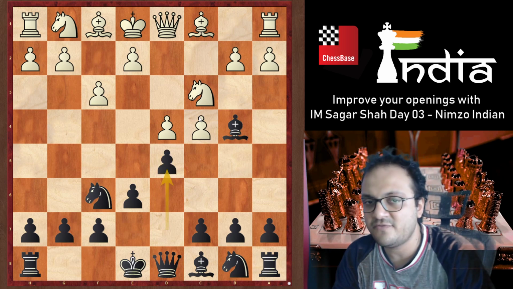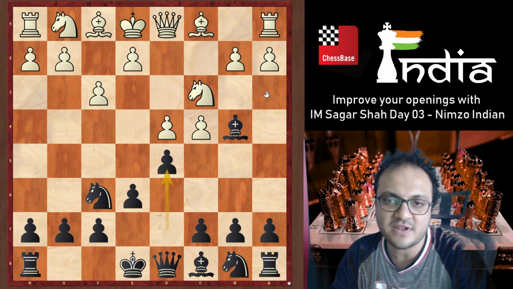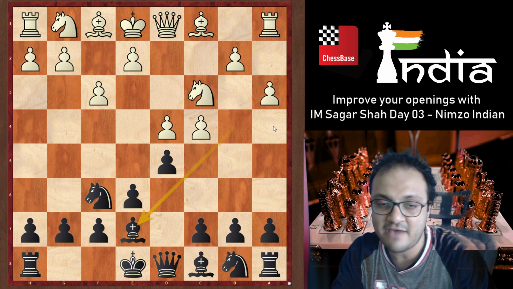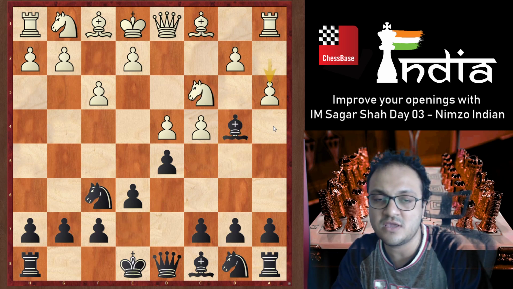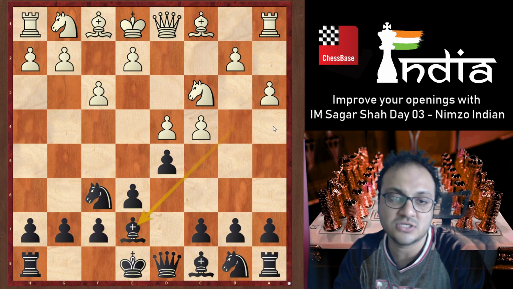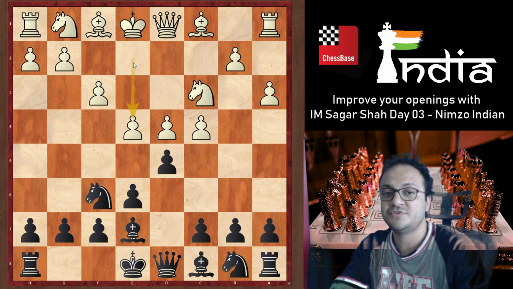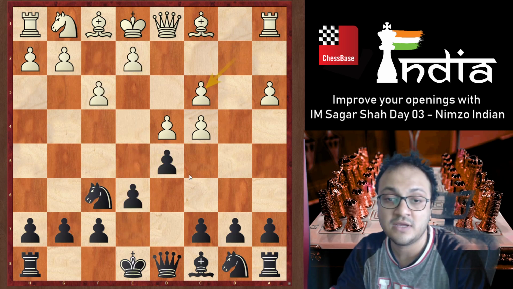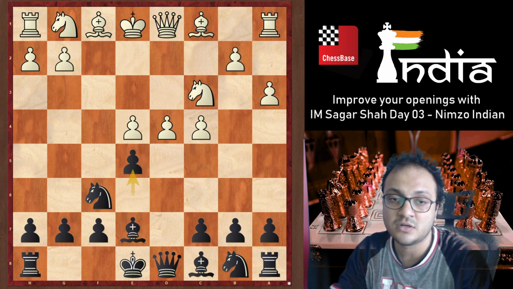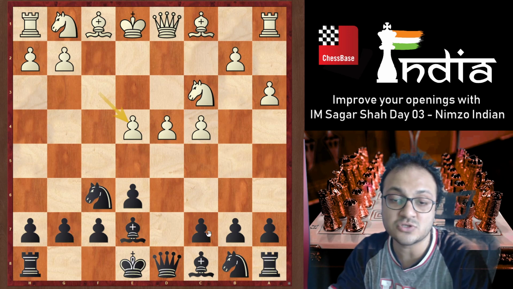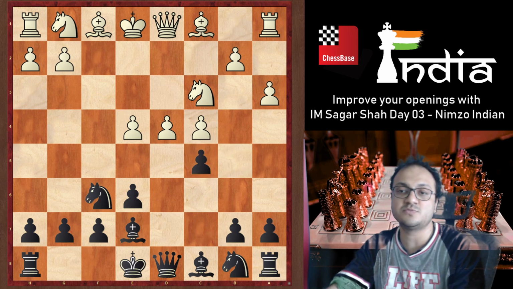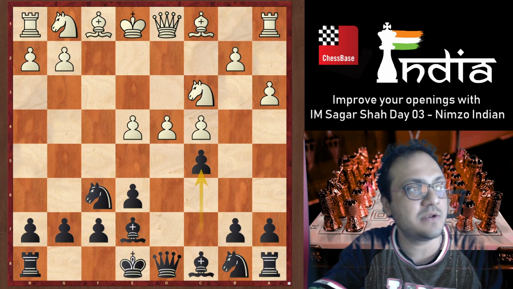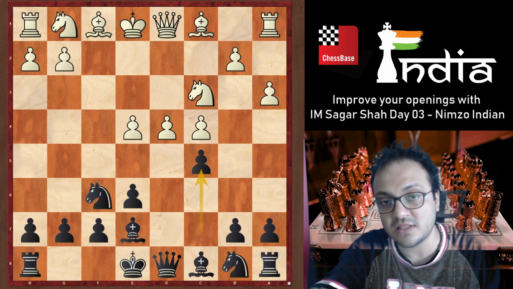But I want to play d5. And nowadays, after a3, all the players are also thinking about going back. But I have recommended you to take on c3 because going back allows e4 lines, which you have to be careful about, like take e5 is one move, and also instead of e5 there is also the c5 move in this position. And we come to some very well known games, the recent one being with it beating Aronian in this line.